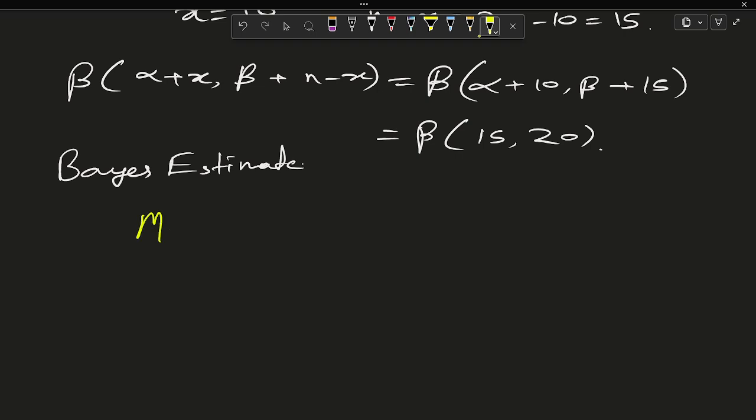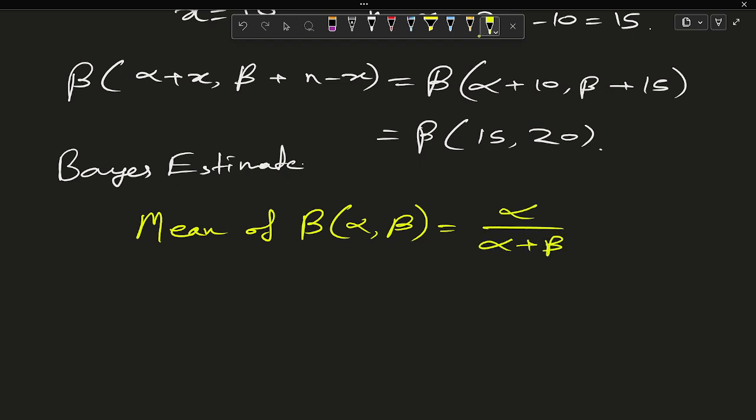The mean of Beta(alpha, beta) is alpha divided by alpha plus beta. Substituting alpha equals 15 and beta equals 20, we get: